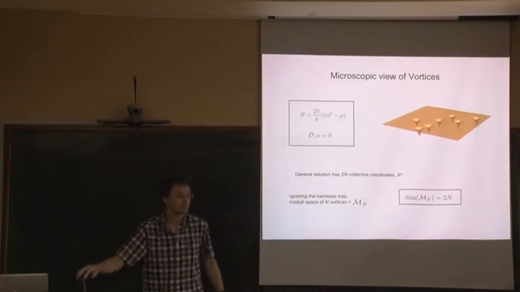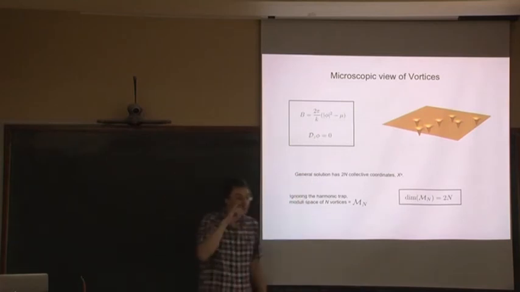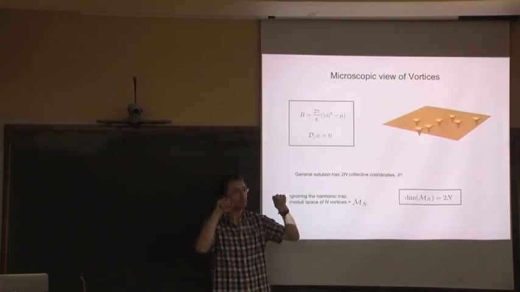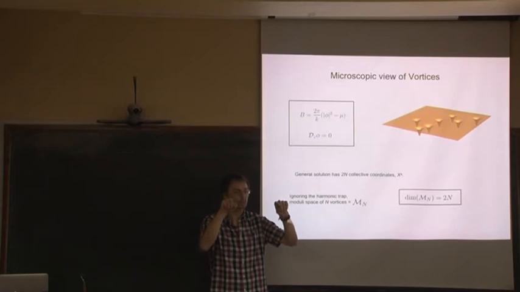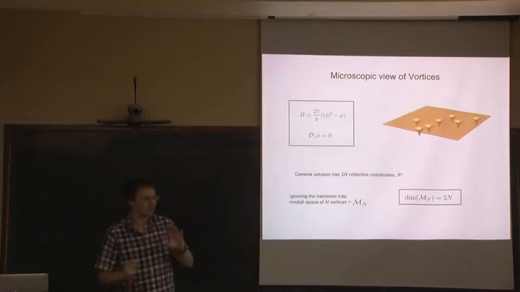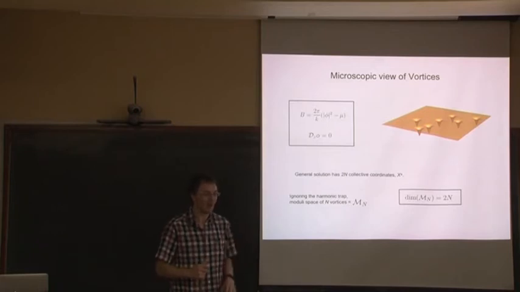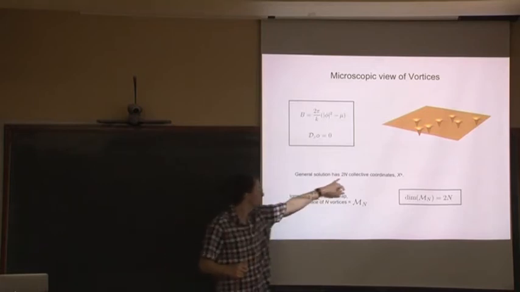When they're far away, that's precise. Actually for vortices it's surprising: you can make that precise regardless of where they are, because you can identify positions of vortices by the zeros of phi. It's not necessarily a good way to say where they are, but you have a specific way of saying what these 2n parameters are.